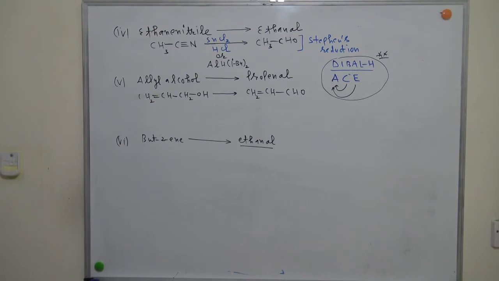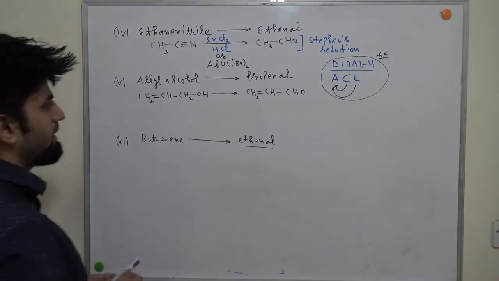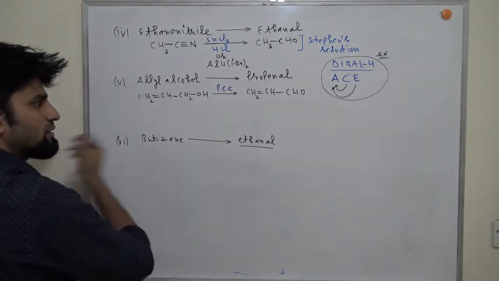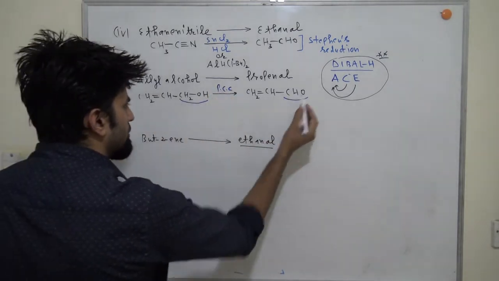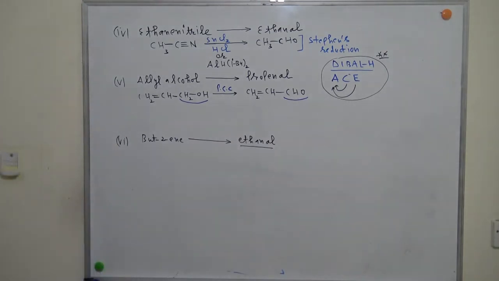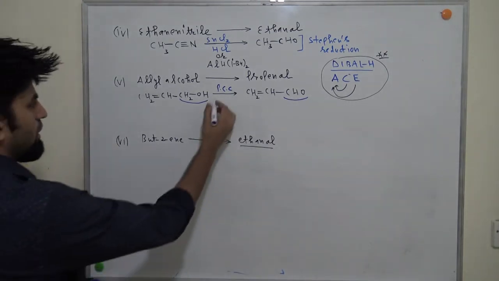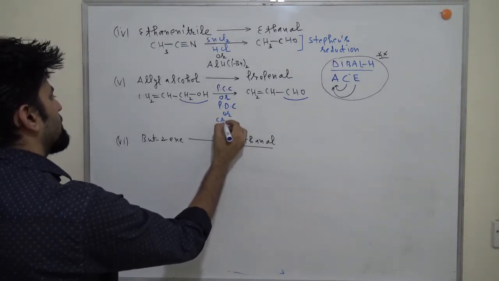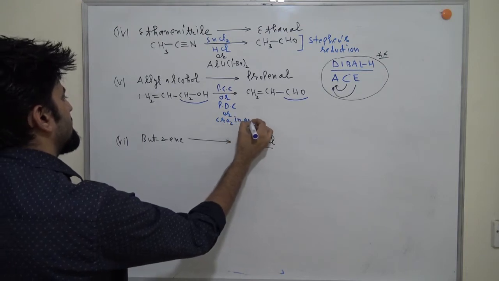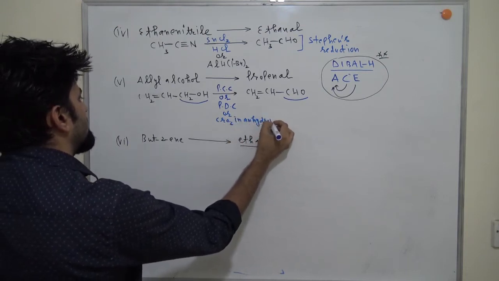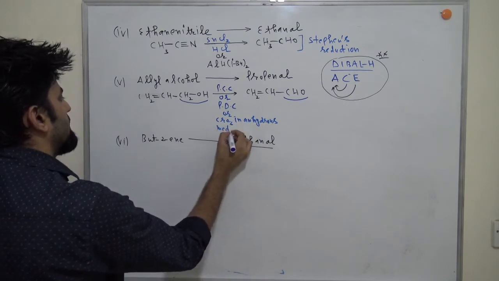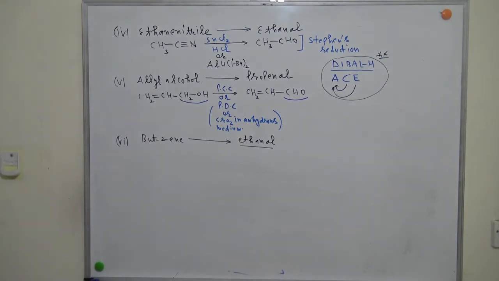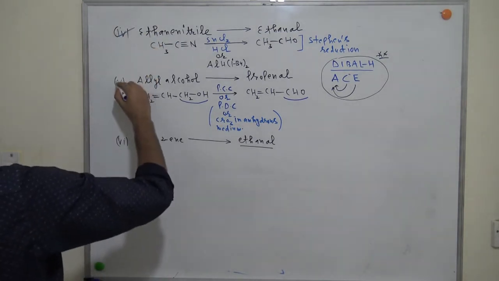Okay, so not a problem, guys. Again you are converting 1 degree alcohol to aldehyde, right? So yes, PCC, no problem. PCC we can use because PCC will convert this group to CHO, right? Nothing will happen to the double bond. So PCC, or you can use PDC, okay? So many reagents are there, or you can use CrO3 in anhydrous medium. You can use all of them. Understood? Clear? So yes, this is also very easy for us, right? So fourth one is clear, fifth one is clear.